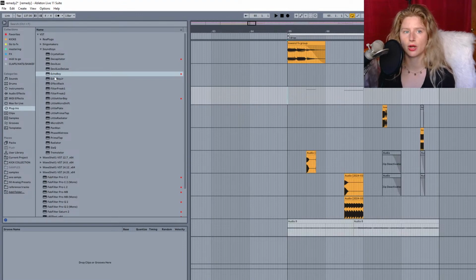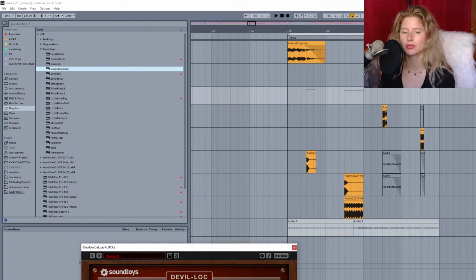Right here, bass plucks. So I kind of want to saturate them so they pump a little.